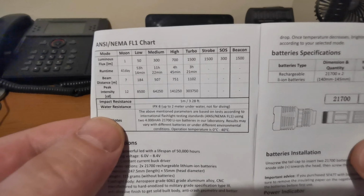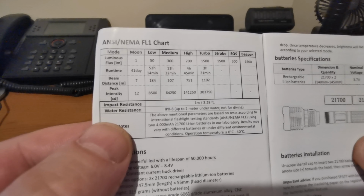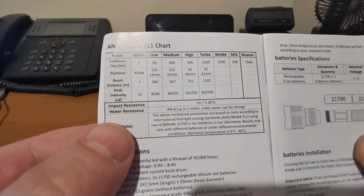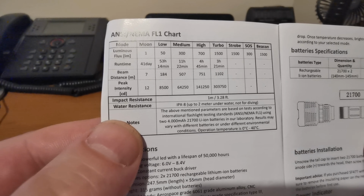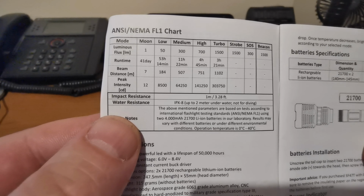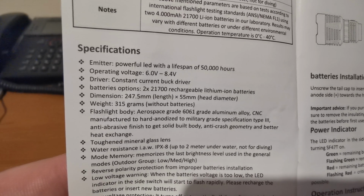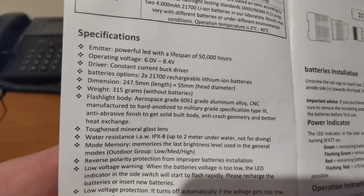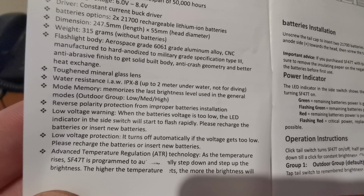Now, by default, you saw there we scrolled through low, medium, high, which we can see there. That's 50 lumens, 300 and 700. Look at the run times: 53 hours, 11 hours, and 4 hours 45. Turbo 1500 lumens, 3 hours 21. That's what you get with those 21700 batteries. I mean, those run times are really, really good. Water resistant, drop resistant,